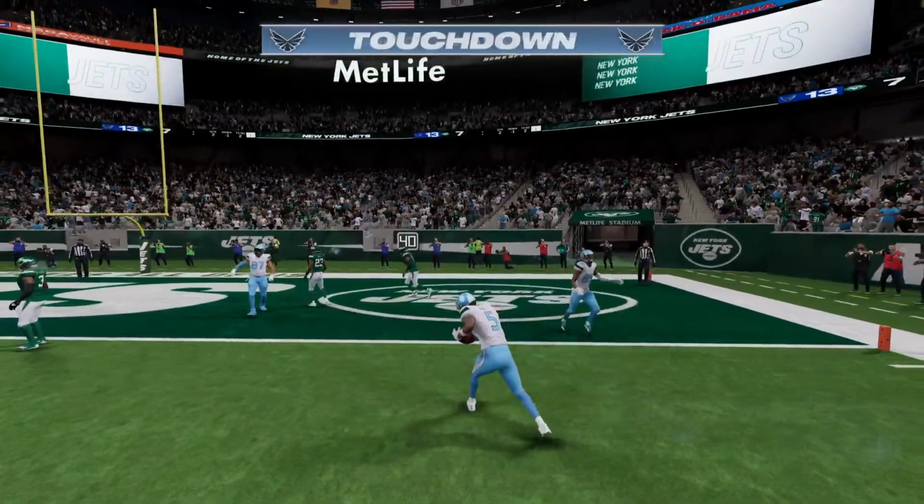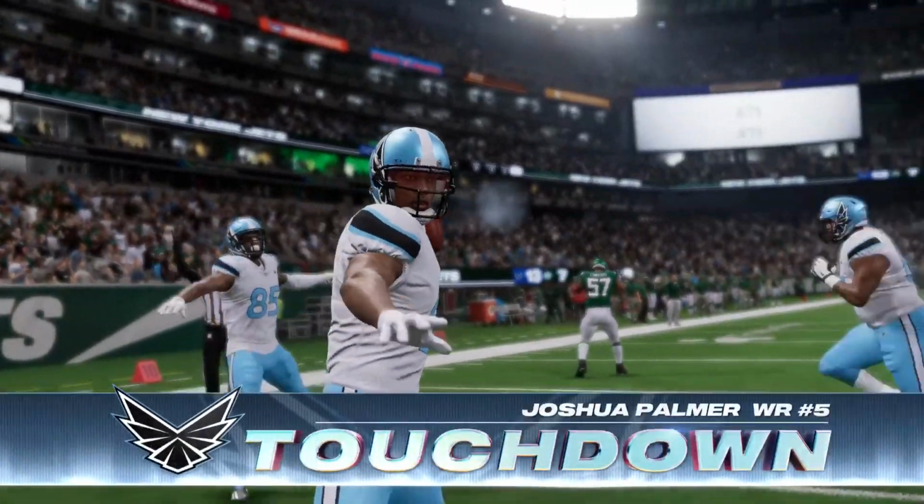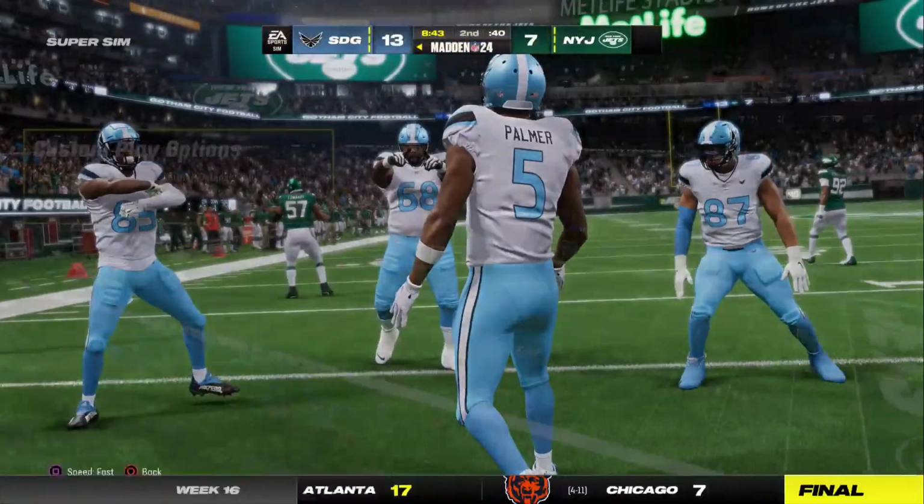Touchdown! Josh Palmer from 3 yards out. And his...